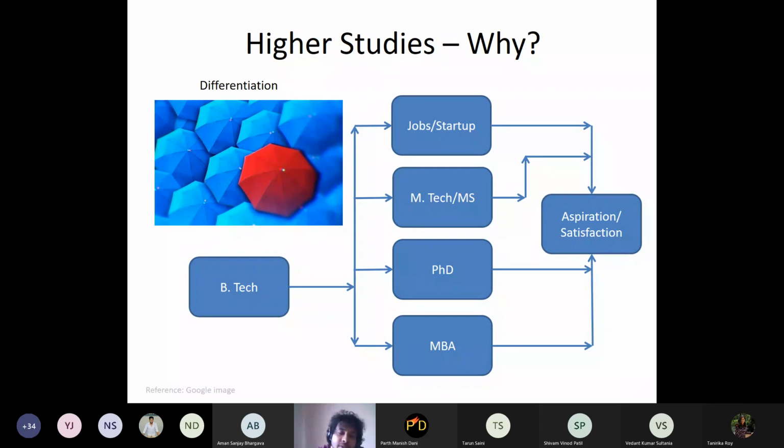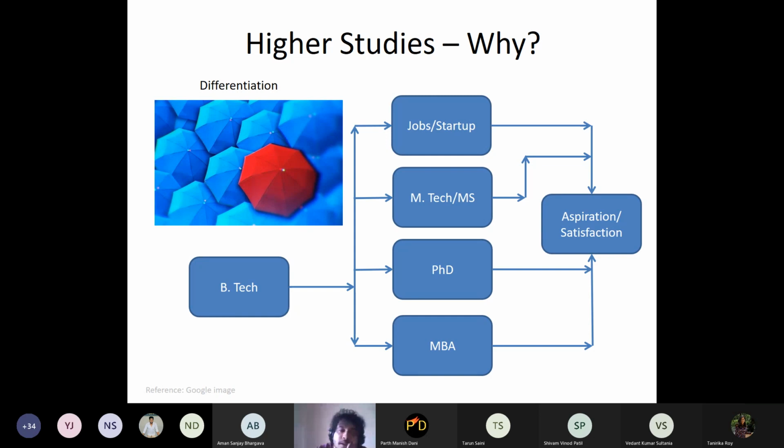You have deep technical knowledge in chemical engineering. You have management understanding from the MBA in oil and gas. That adds to your kitty. So overall, these are basically enhancing your skills. You can pursue your passion in the long run. You will have job satisfaction, and this is the reason you should technically pursue higher studies. One of the main reasons is differentiation from each other.